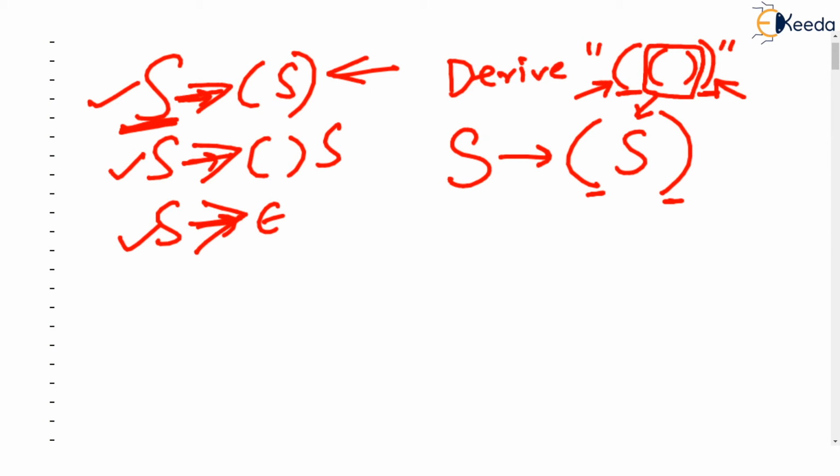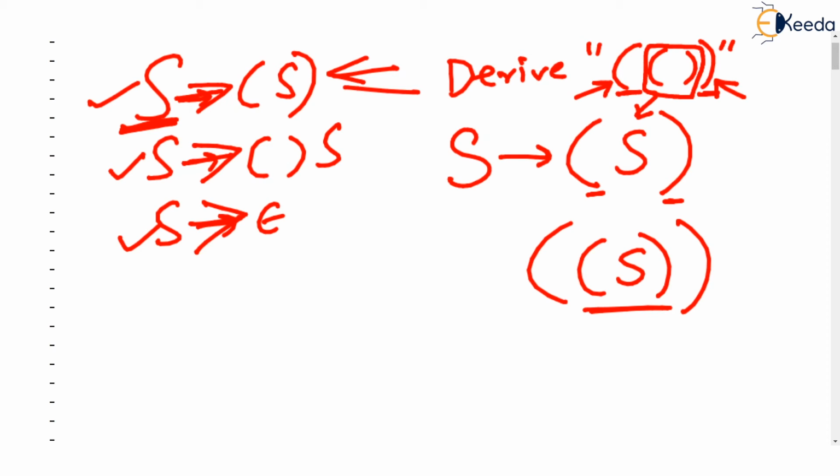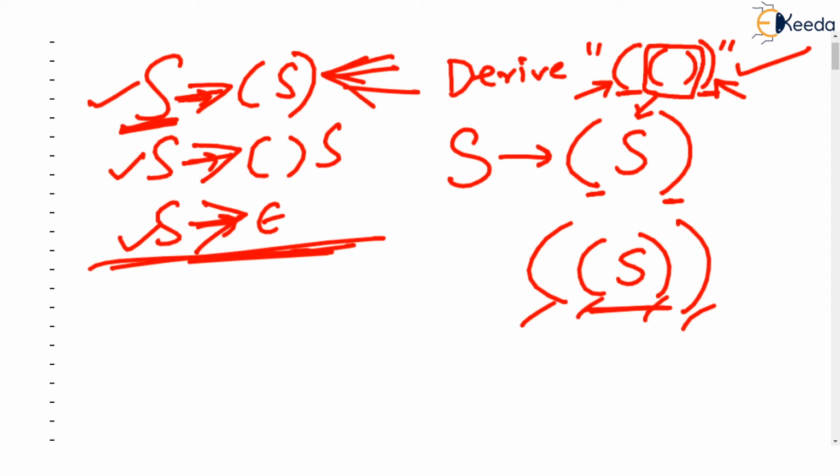And we can use the same production, open bracket, close bracket, separated by S. The same production has been used again over here. Note, we have got two open brackets and two close brackets which were needed. Now the last production can be used, that is S derives epsilon, and we can stop the derivation. Epsilon means the empty string. So we have got our string.